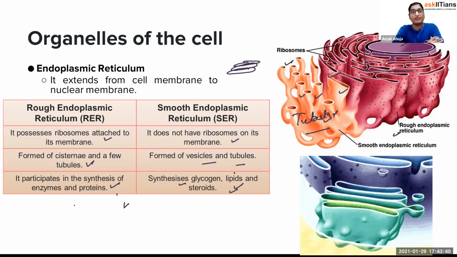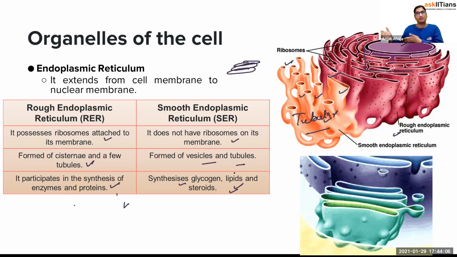If a question comes in your paper, you need to write the function of endoplasmic reticulum. You can write it as a mixed point. This is a tip for you guys. When you write a question on an organelle, you should write it as structure, function. In the function, you mix all the points, smooth endoplasmic reticulum and rough endoplasmic reticulum, and then you can also say they help in cell